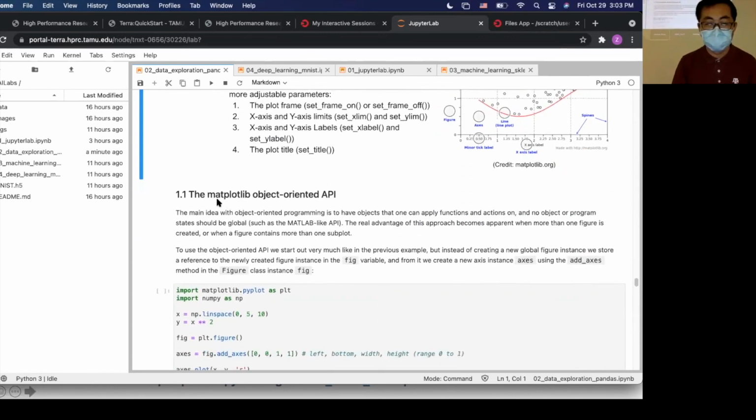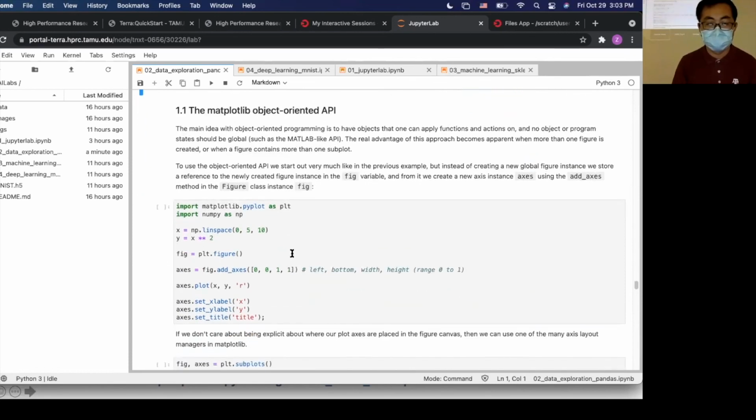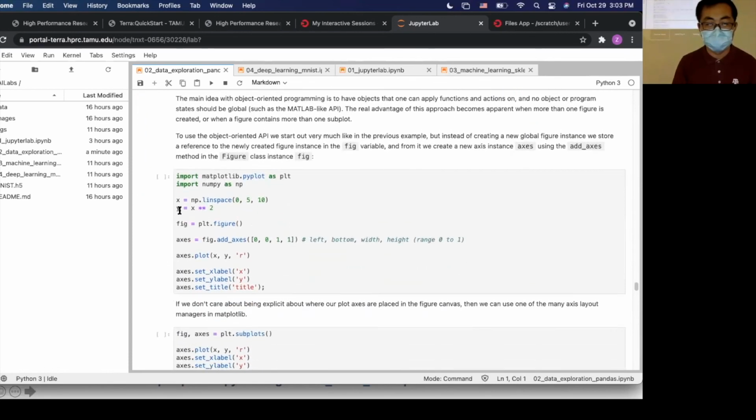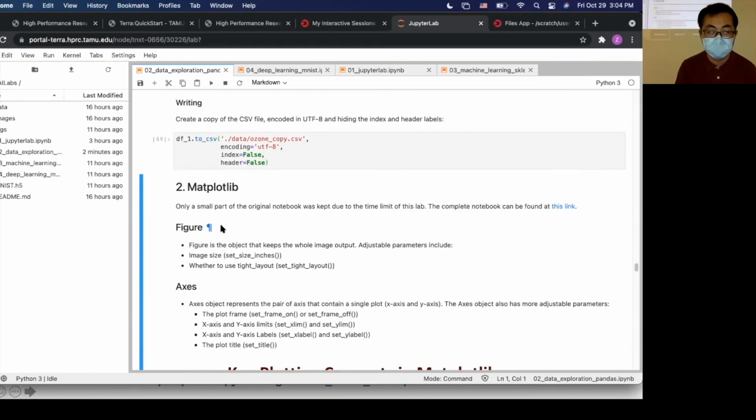So let's look at how to plot the figure. First we create some data. X from 0 to 5, we have 10 points, and I want to calculate Y equals X to the power of 2. Then I create a figure instance, using plot, because first we need to import.